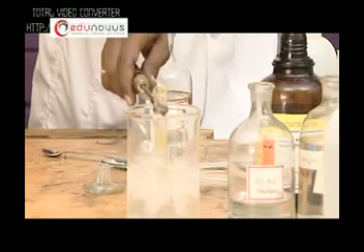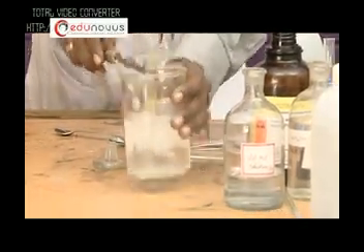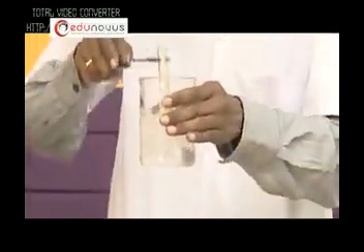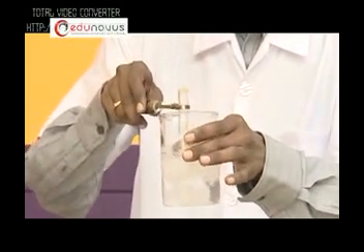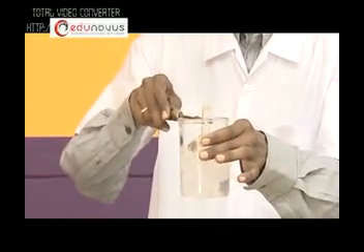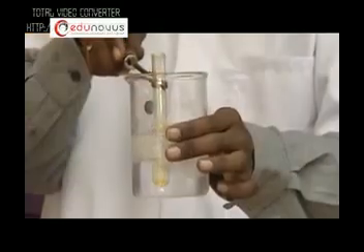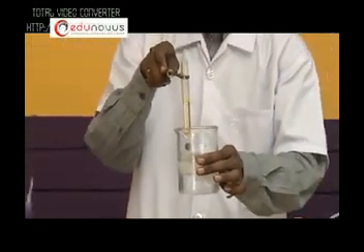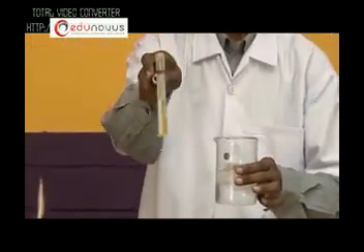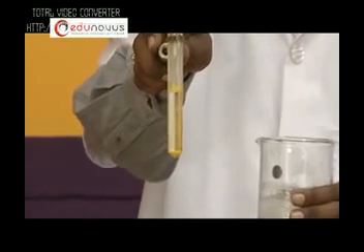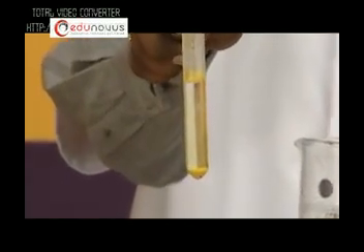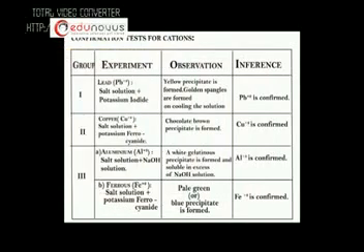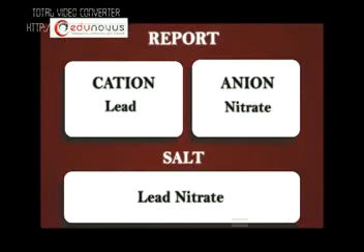Now, we cool this mixture by placing the test tube in a beaker containing cold water. After the mixture is cooled, golden spangles are observed in the test tube. This confirms the presence of lead cation in the given sample. Thus, the given salt contains